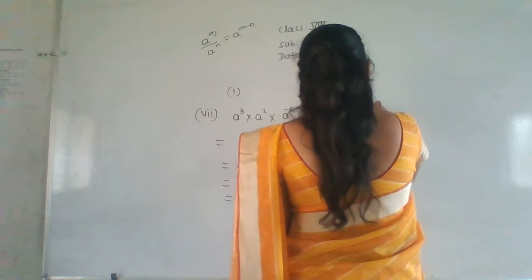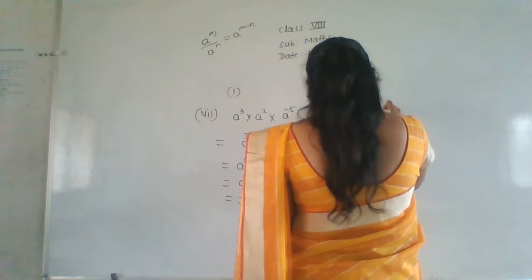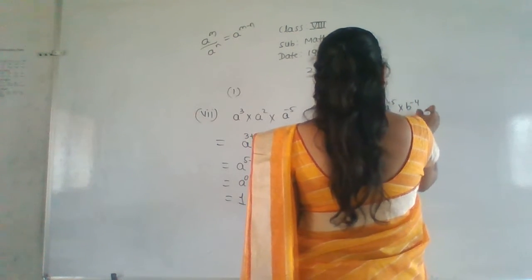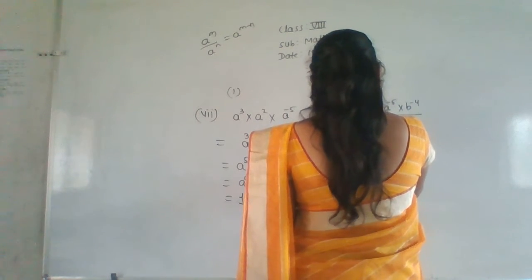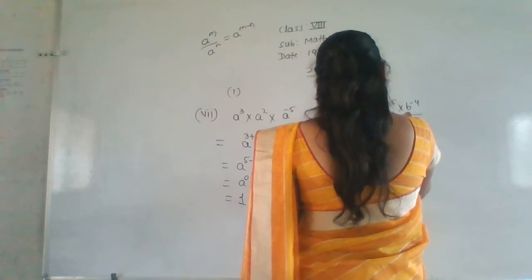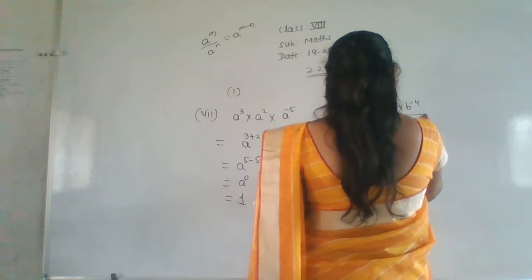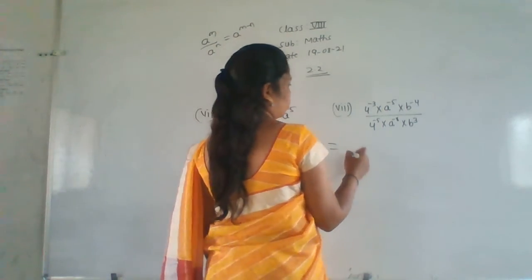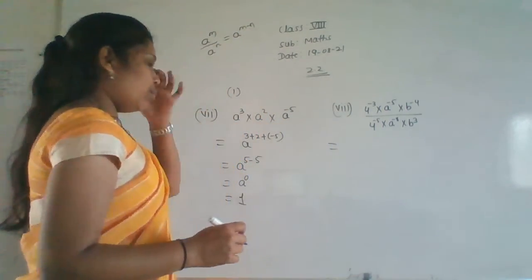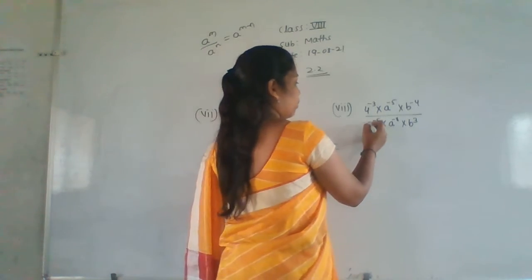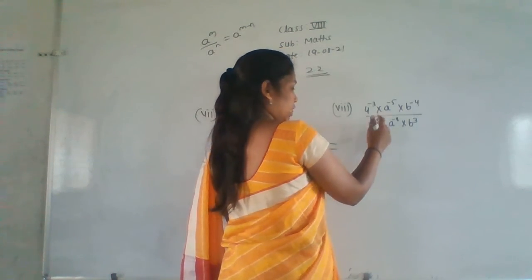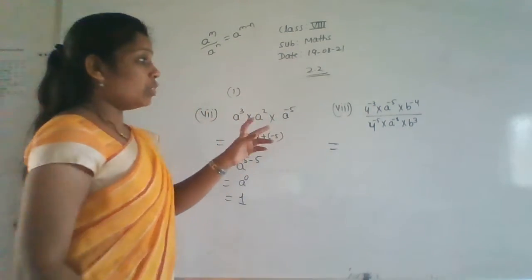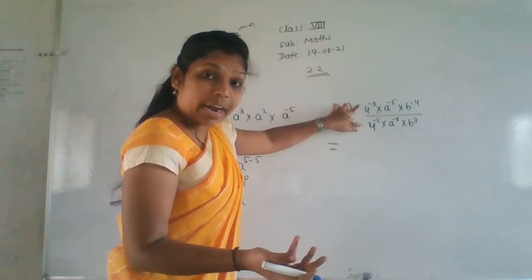8 1, 4 to the power minus 3, a to the power minus 4, b to the power minus 2, divided by 4 to the power minus 5. See here now. So we have 4 to the power minus 3 and 4 to the power minus 5 here. We can take it to the numerator. How? If both values are dividing,